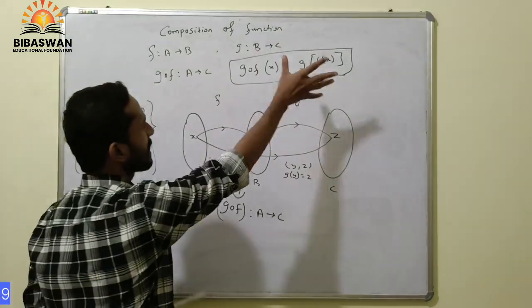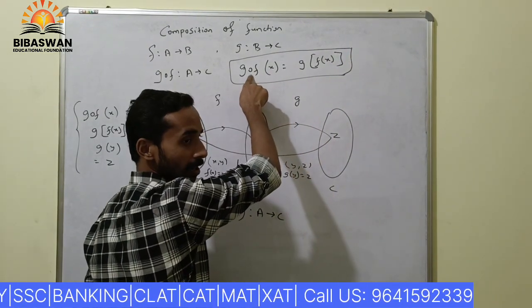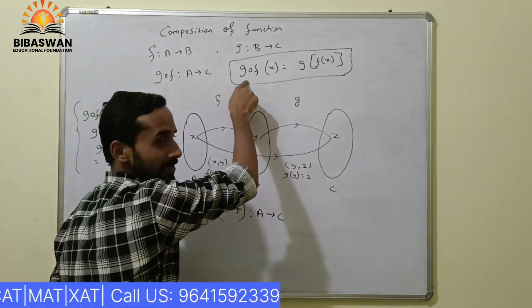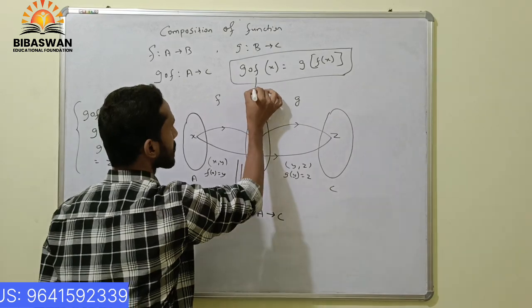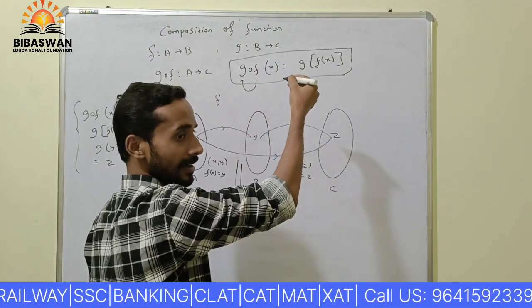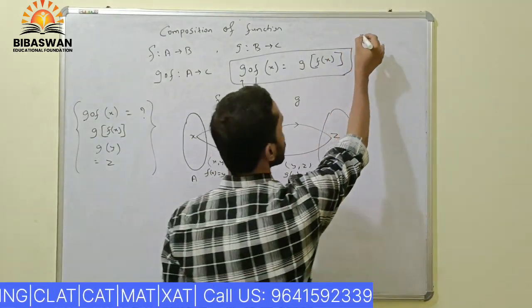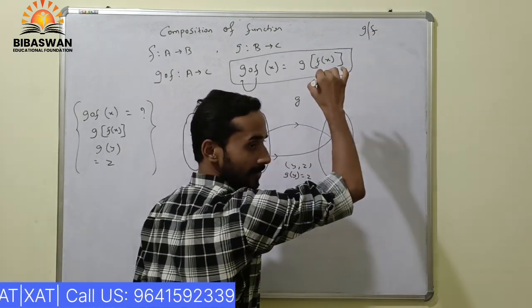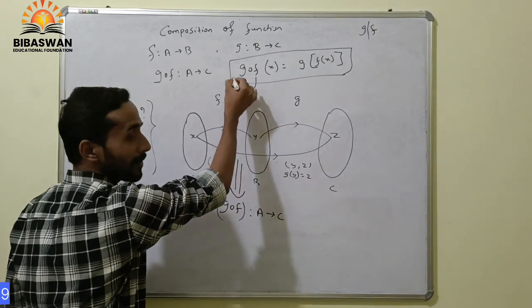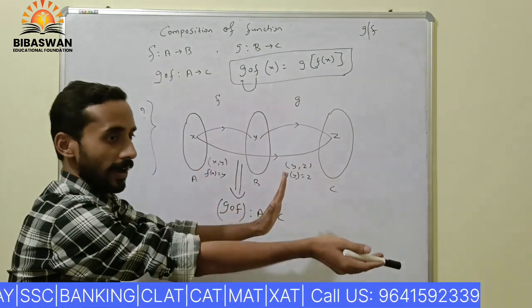Nobody needs to take tension. What is here? The small circle means the denotation of composition. It means connection of f with g. It is written as g o f. We can also write it as g composition f. In some books and in some questions, it is also written as gf. g o f means connection from f to g, which means we have to connect the f function first, and after that we have to connect the g function.